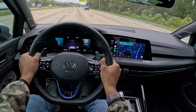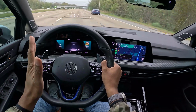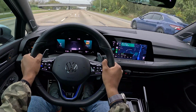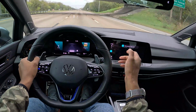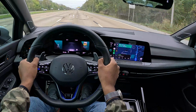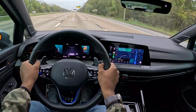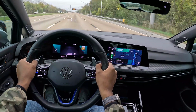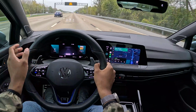I will say, out of every bright spot in this vehicle, that's probably the only kind of a weaker spot I would give it. For the price and some of the sound systems I know Volkswagen can or has created before, I feel like it could be a little bit better. Especially, you know, the Fender systems that they had for a moment, and then they started creating sound systems with Beats, and it just sounded a little bit better than this one,